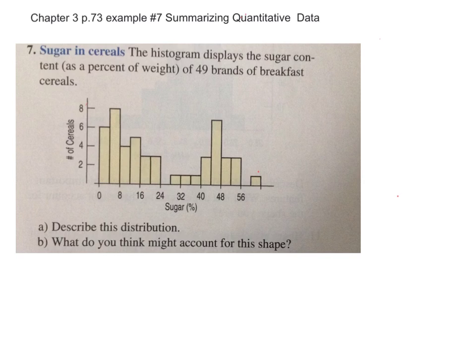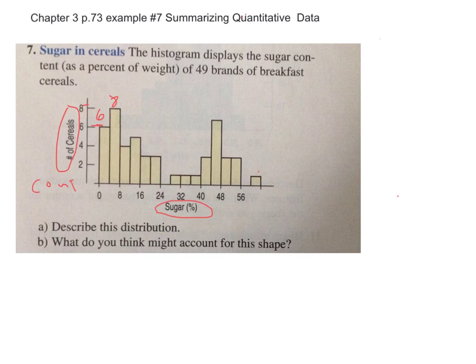I'm going to examine this histogram closely. First I'm going to look at the x-axis, which is the sugar content in percentage, and my y-axis is the number of cereals, so this is a count. The height of each bin tells me how many are in each bin. For example, the first one has 6 types of cereals,